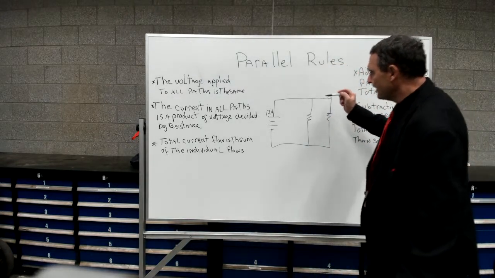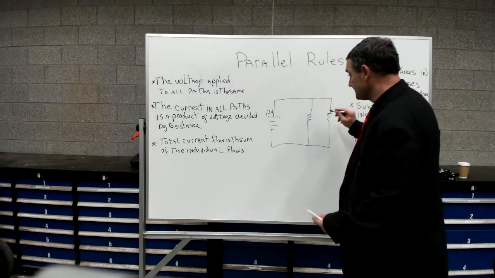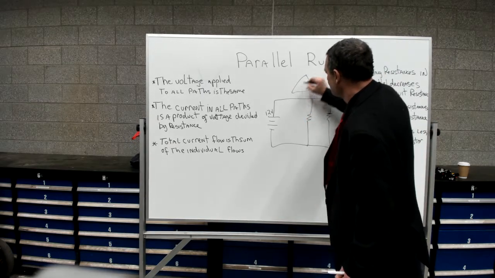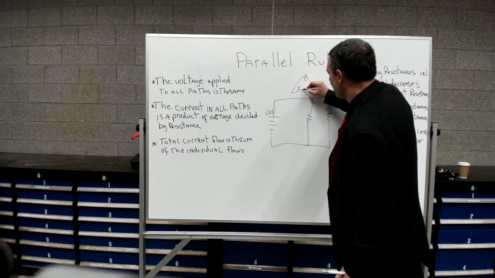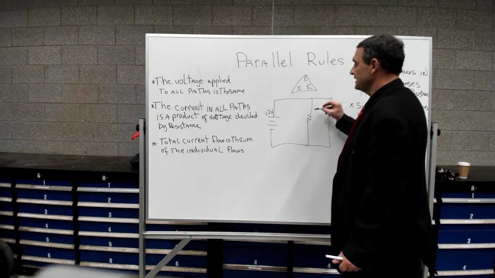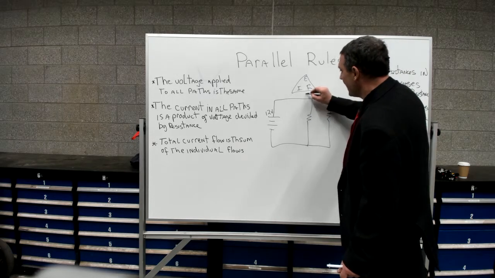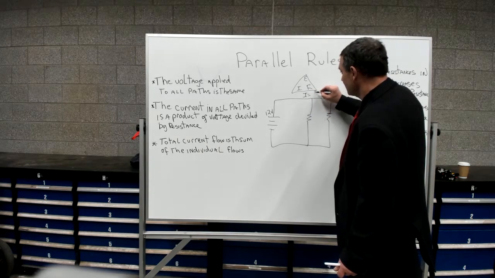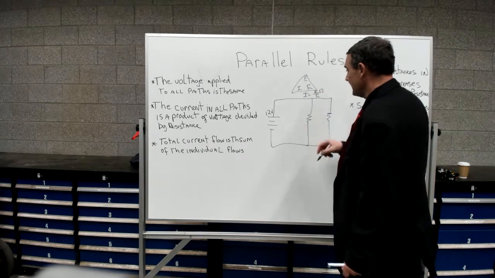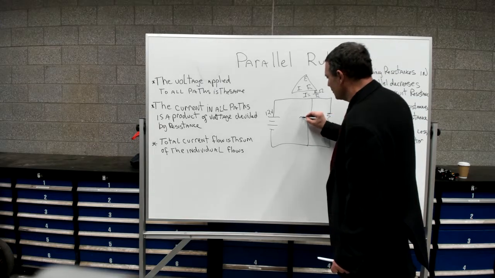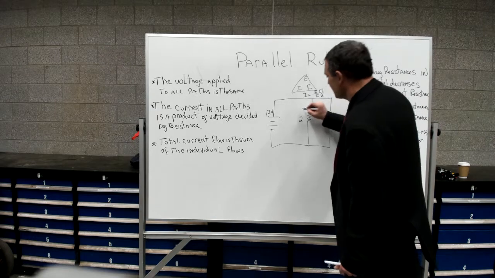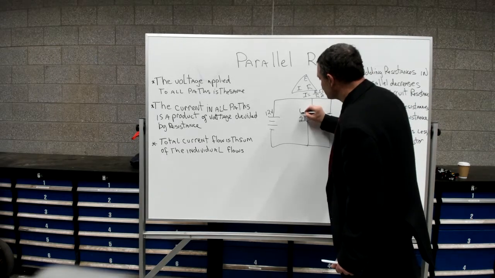So when we want to figure out the current in these paths, we have to use the Ohm's law triangle, which is E over I R. And the rules tell us that to figure out the amperage in here, I equals E over R. So E is 12, we have it right there, and R will give it a value of 2 ohms. So if I put this under here, 2 into 12 is 6, so we better put our ohms there. So we got 6 amps